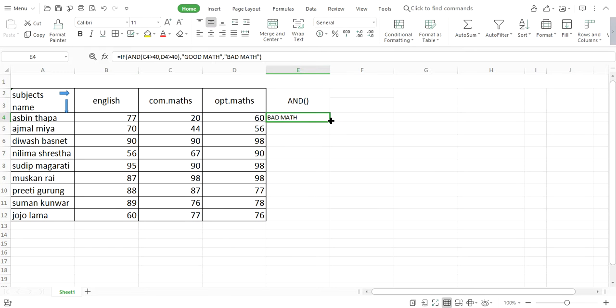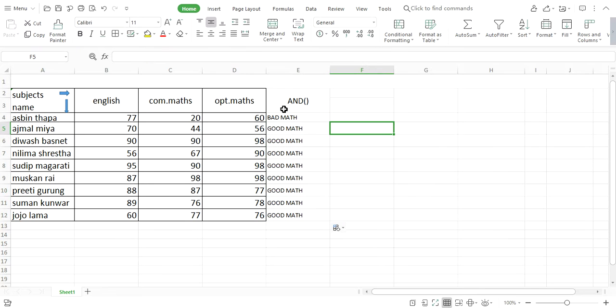Let me use this formula for each student. Here, good math. Here the subject marks of compulsory math is greater than 40. Similarly, here the subject marks of